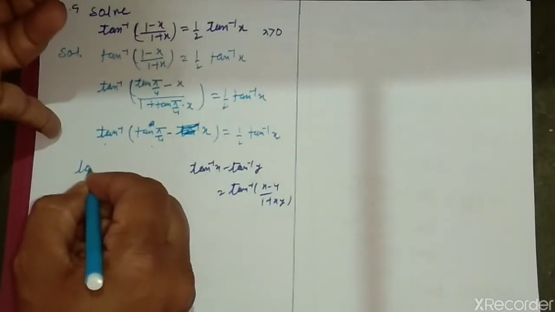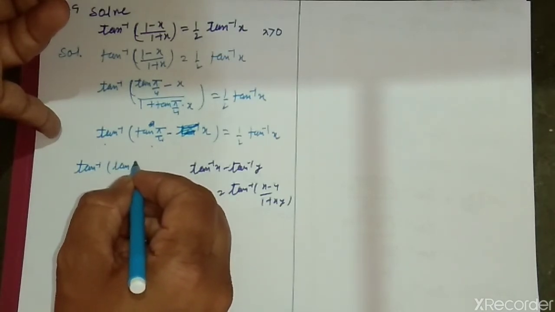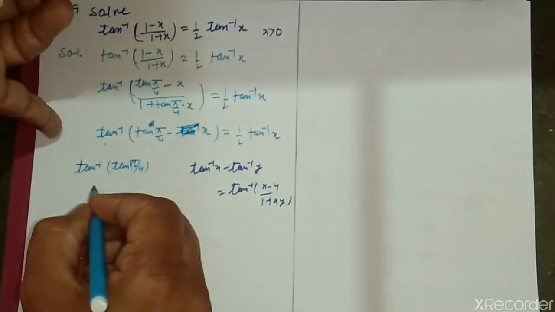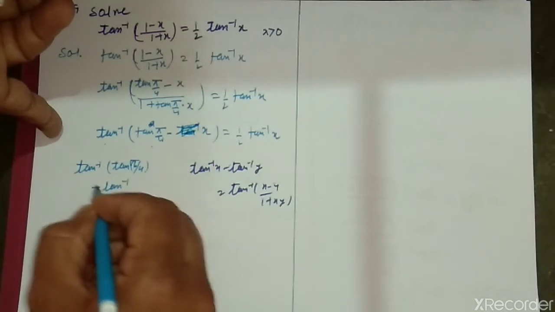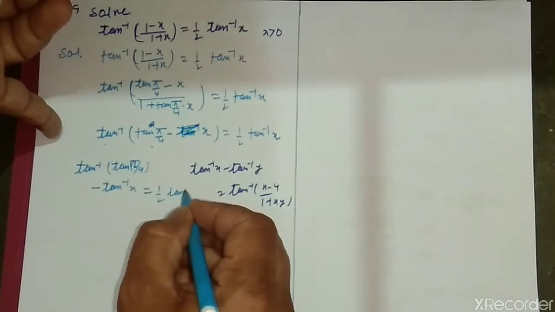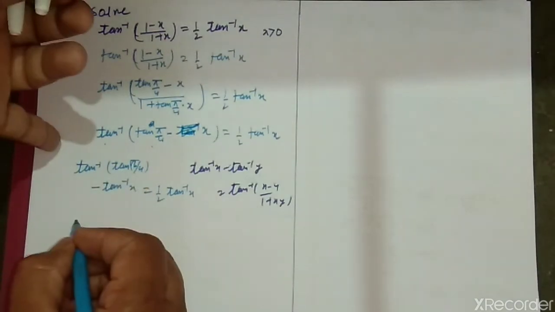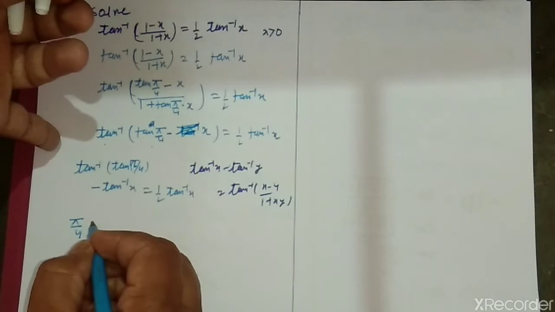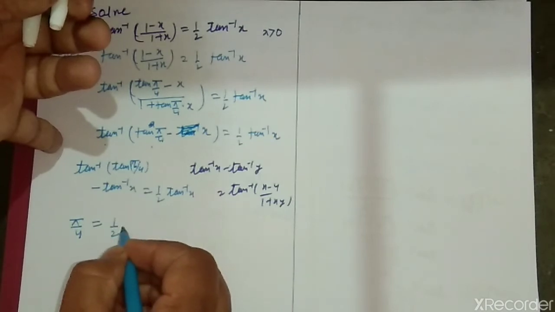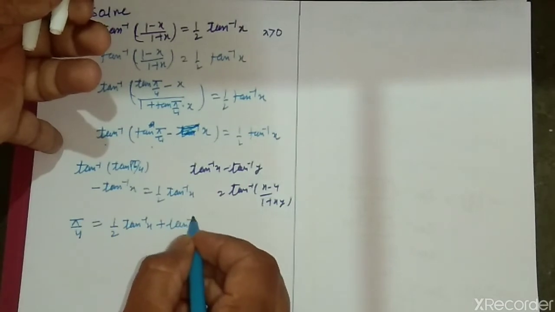नाउ सॉल्व दिस। tan इनवर्स tan पाई बाई 4, क्लियर। और tan इनवर्स की यहाँ पे मल्टीप्लाई करेंगे तो माइनस tan इनवर्स x is equal to 1/2 tan inverse x, clear. So tan inverse tan pi by 4, so we can write it as directly pi by 4 is equal to, this is minus, it can be subtracted on the other side, so we will write 1/2 tan inverse x plus tan inverse x, ठीक है,